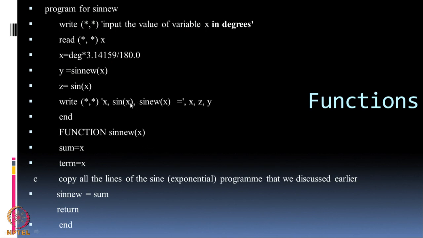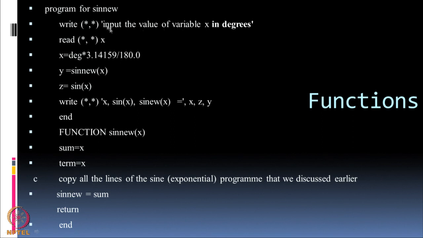Now I want to illustrate this using a function called sine new. Sine new is a new function, not your calculator function. The program starts: write star comma star, input the value of the variable x in degrees.